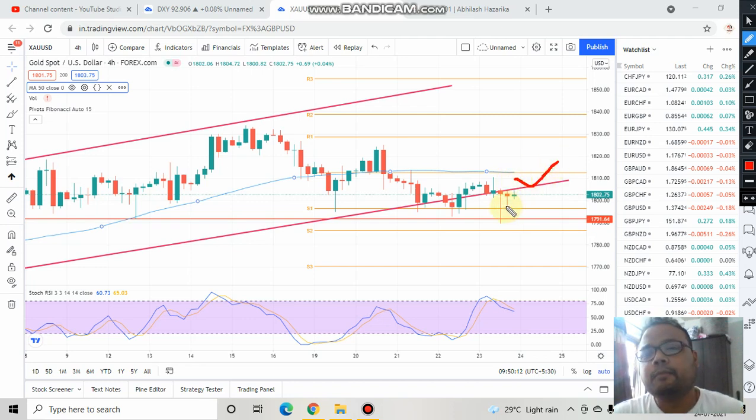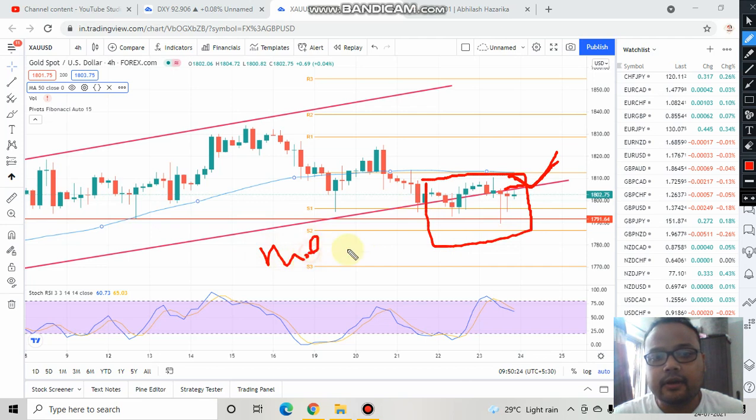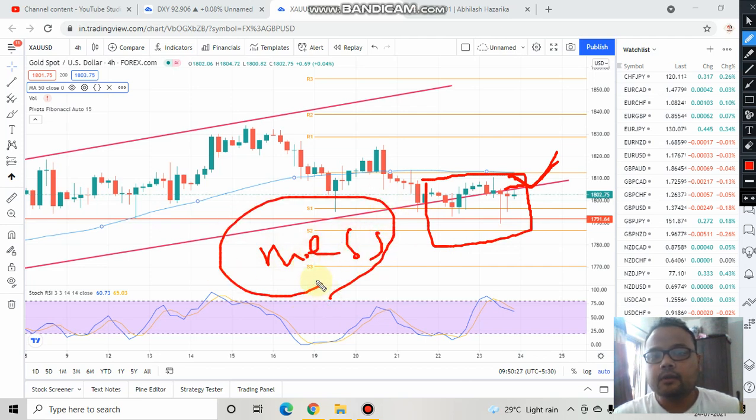In case on Monday the market starts trading above this level, and if you see a good bounce from the support here, then you can go for a buy order. But as long as you find gold USD trading in this range, in this mess, I'll literally use the word mess here, till then please avoid gold US dollar.